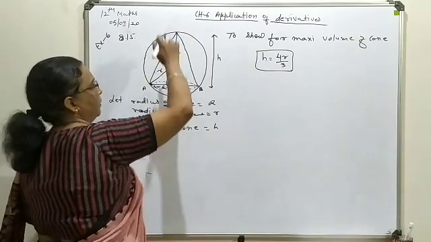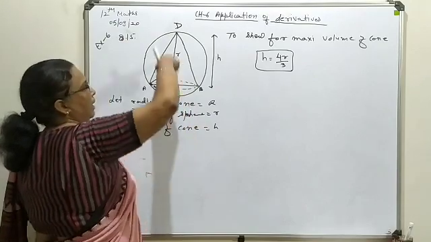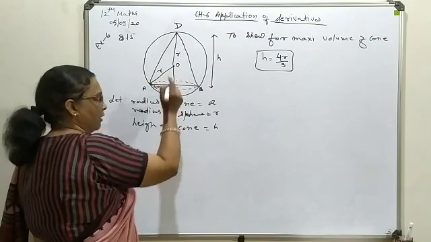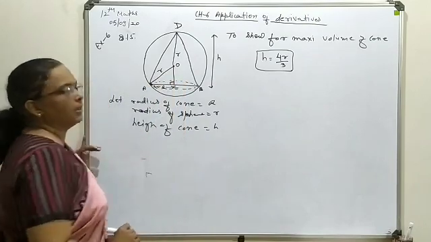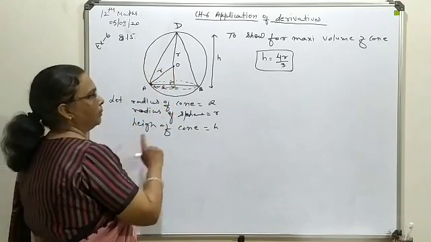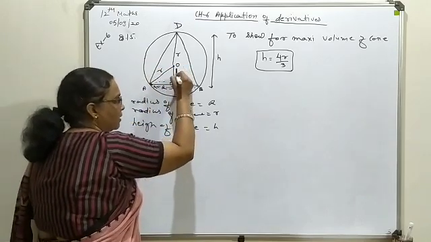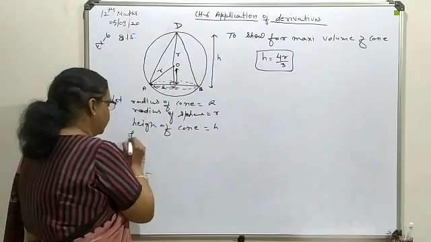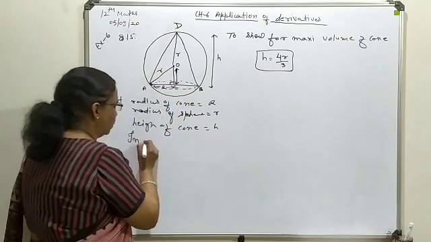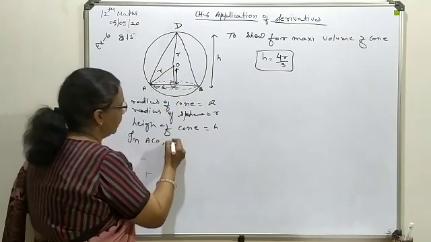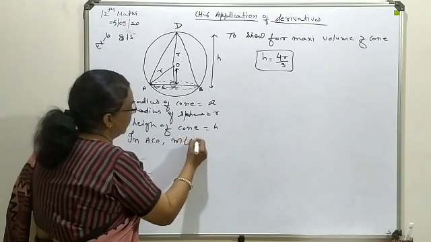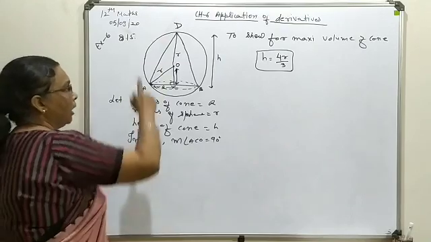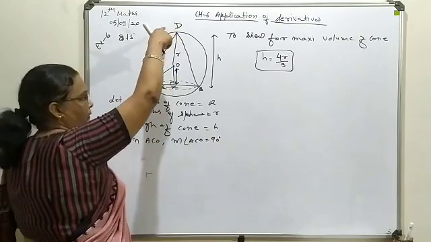This full distance from here to here you can write as CD, so CD is h. If you talk about this triangle, since it is an altitude, it is 90 degrees, so Pythagoras can be implemented. Before applying Pythagoras, we need this height, that is OC. So in this triangle ACO, angle ACO is 90 degrees because it is a perpendicular, and the altitude you have drawn from the first, and that is point D.